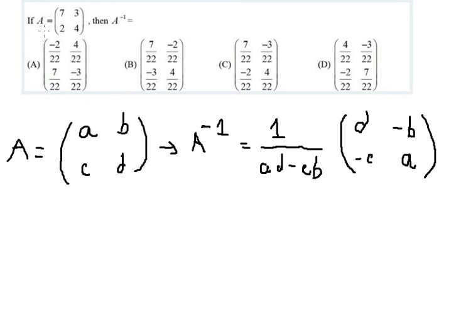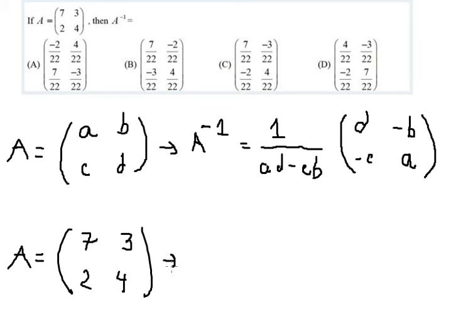So we have this matrix A equals [7, 3; 2, 4]. If we find the inverse matrix, you will get 1 over 7 multiplied with 4 minus 2 multiplied with 3,